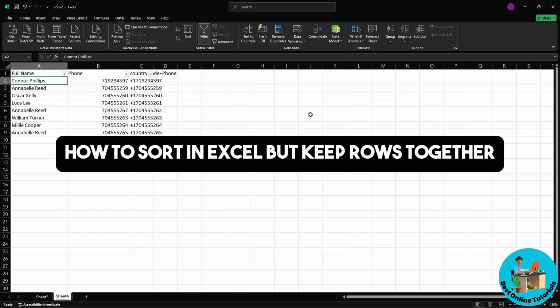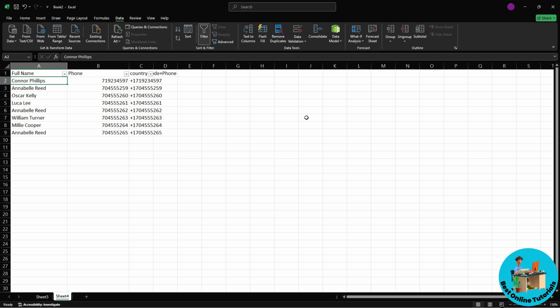Today I'm going to show you how to sort in Excel but keep rows together. So first, as you can see, I have an example data over here. If I want to sort the names over here from A to Z, what I could try to do